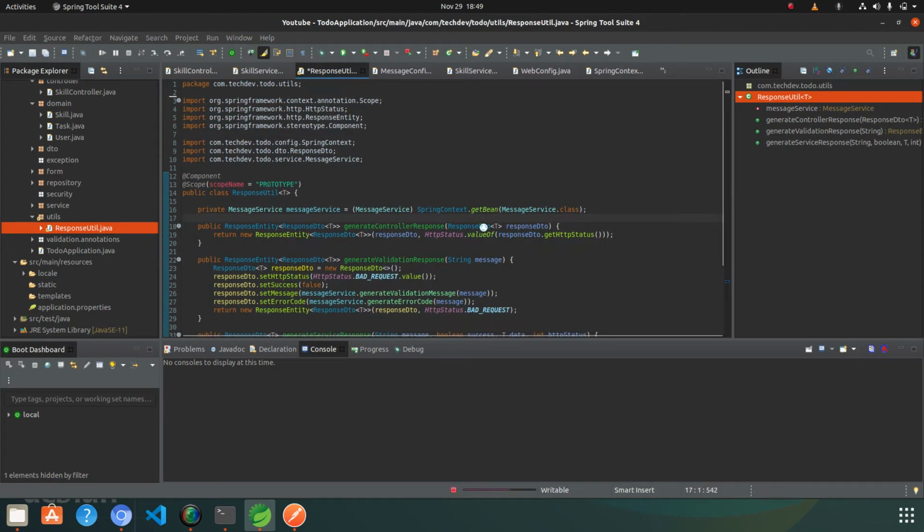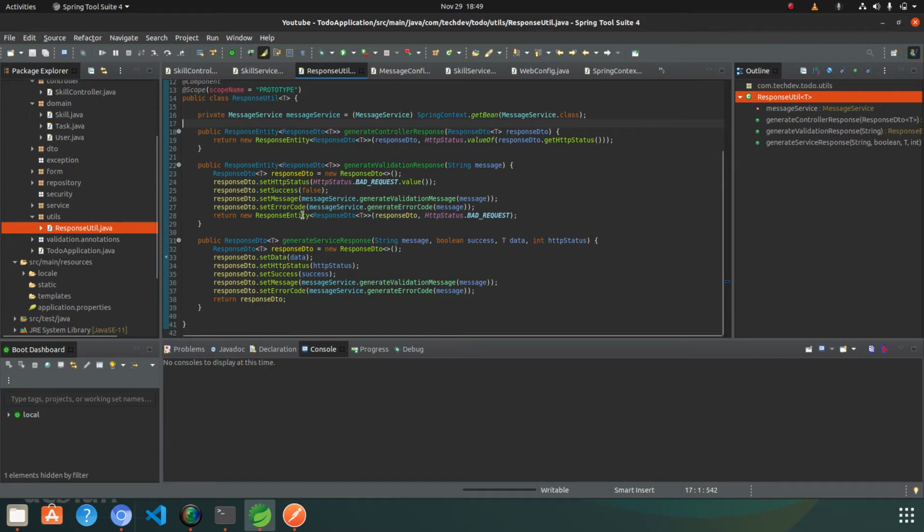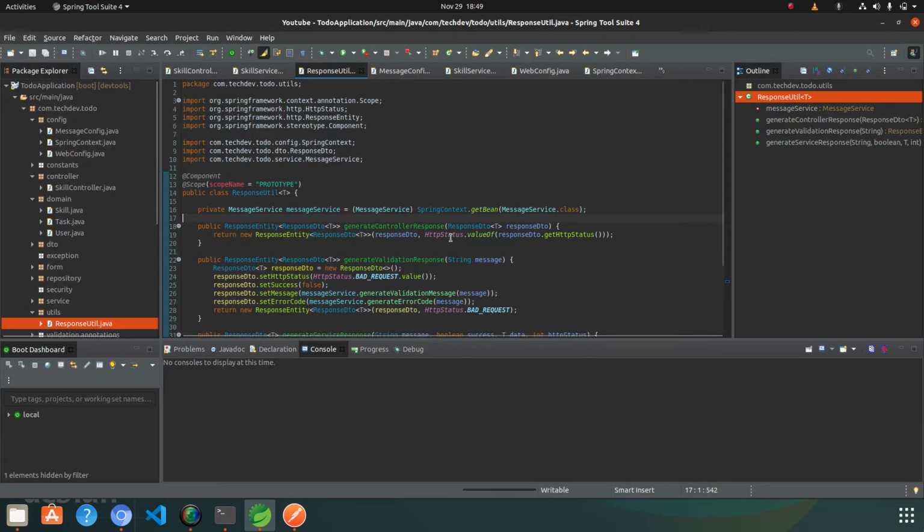Now we can continue towards our API based testing for the skill API that we have created. You will not face any error now. Maybe you will not understand why I am using this concept here.